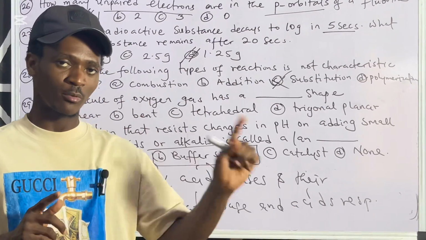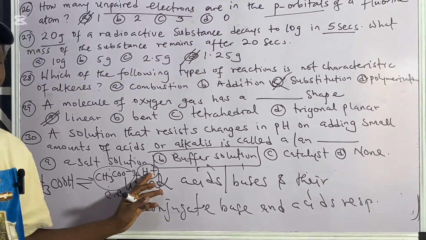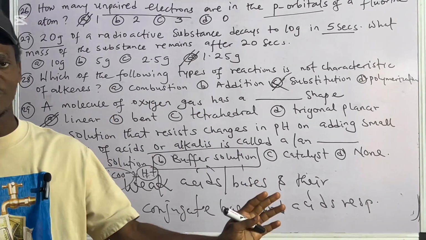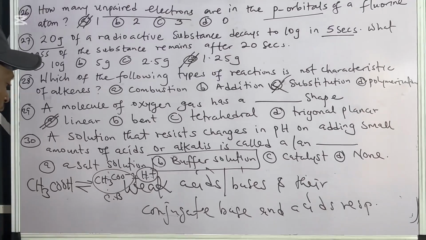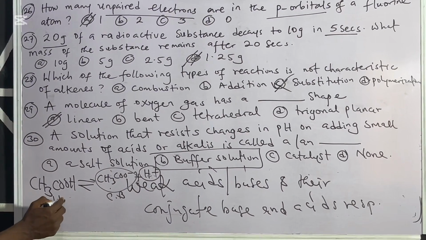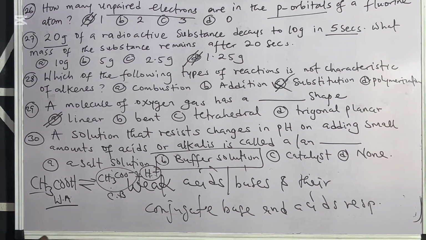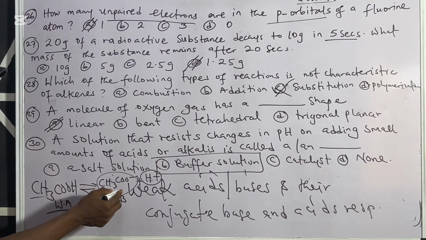Emphasis on that a proton. So proton is in the form of H plus. When a proton is removed from an acid, what is left of that acid is called its conjugate base. And of course, this acid is a weak acid. As a matter of fact, all organic acids are weak acids. So this is its conjugate base.